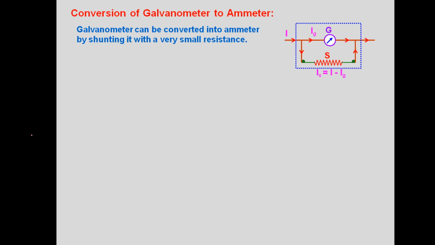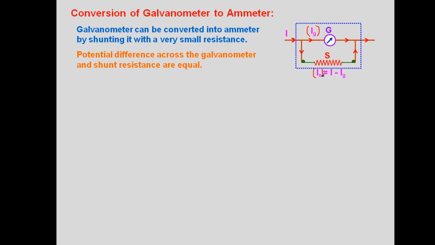So low resistance wire is connected in parallel with the galvanometer, and due to this, galvanometer can be converted into ammeter by shunting it with a very small resistance. So here we have used shunt resistance as current is passing through the galvanometer. The portion in the dotted box is the entire ammeter, from which Ig is the maximum allowable current passing through the galvanometer. So the remaining current is bypassing through the shunt. This is the advantage of shunt, that it protects the galvanometer also from heavy currents.